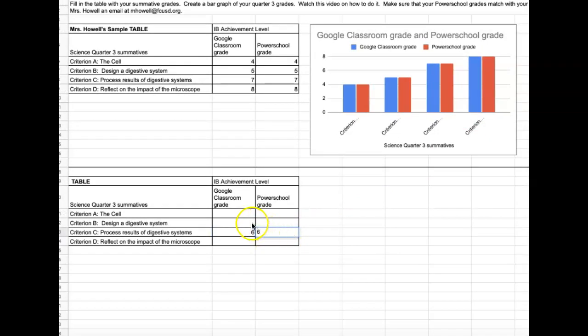So do that for the rest of your criterion summatives. So for example, if you got a 3 for your criterion A, you had a 5 for your criterion B, and then you have a 7 for your criterion D. And make sure that you check both Google Classroom and PowerSchool to make sure that both grades are the same. So once you got that in, you can